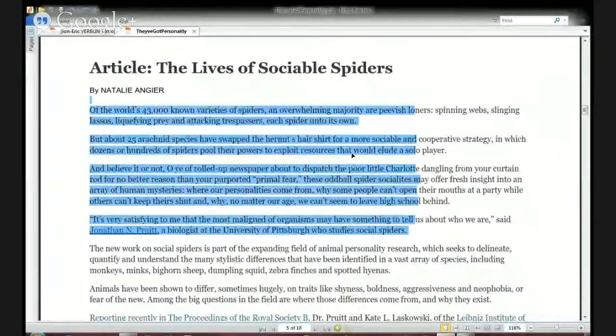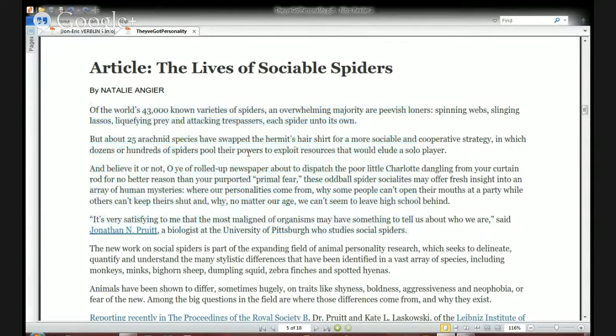Okay, arachnid species have swept the hermit's hair shirt for a more sociable and cooperative strategy in which dozens or hundreds of spiders pool their powers to exploit resources that would elude a solo player. And believe it or not,